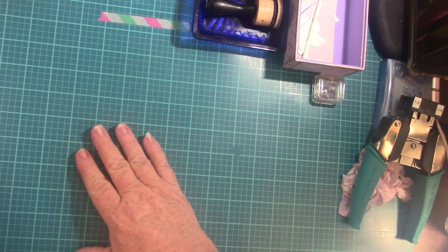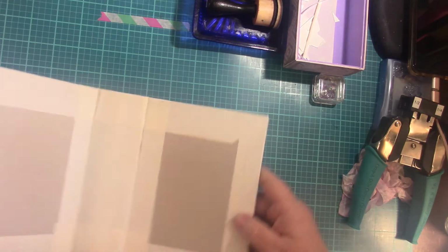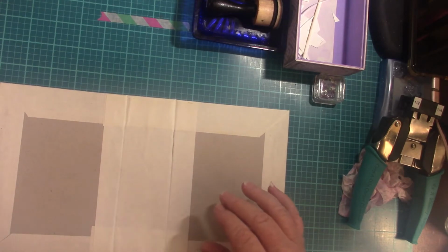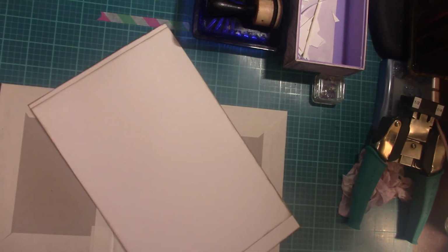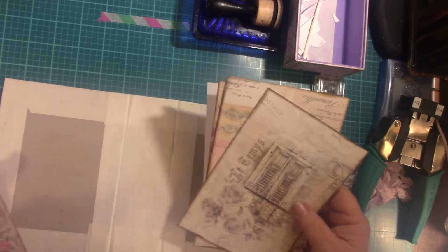Anyway, what I have done so far, let me find, what did I do with it? There it is. We have this one here that we still have to do. Because remember, I'm doing 2 at a time. And what I have done, if I can find where I put everything, I have my pages cut for the inside, which I'll set those aside because we're not going to work with those yet. But I picked out my cover and my spine,